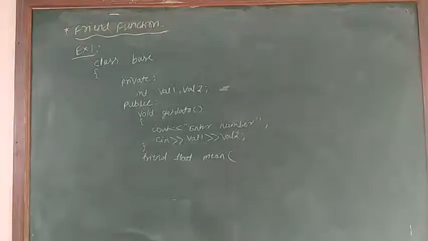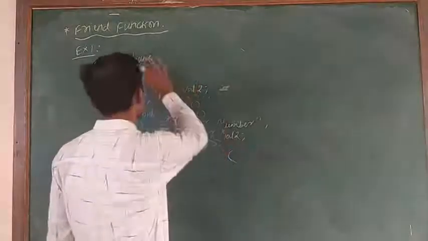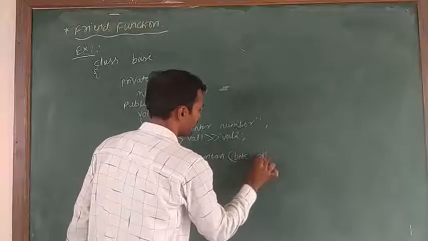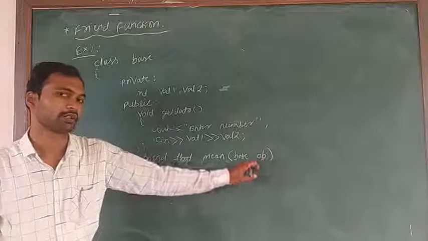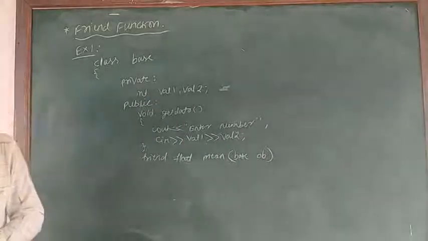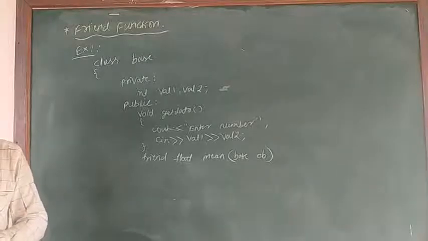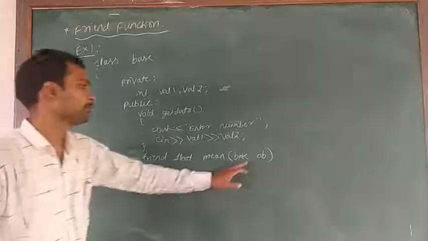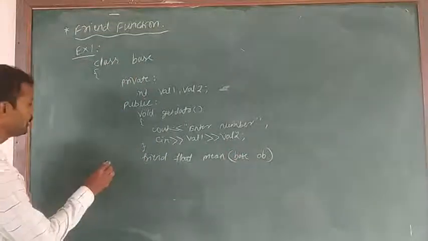Then I am going to take the object. How do you take it? Using the base class name. Class is base. I will take the object here. OB is called the object. Because private data members are not able to be accessed directly. We have to access them through the object and dot operator only. I will explain again later. So base is our class name, OB is our object. So just I will close here.